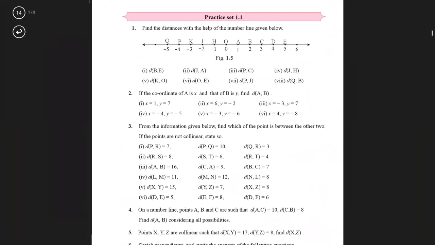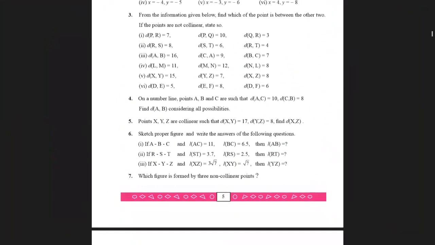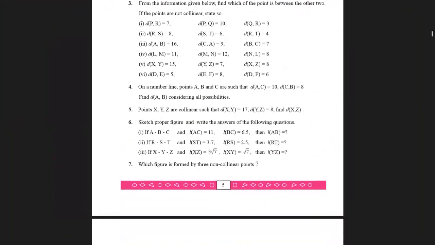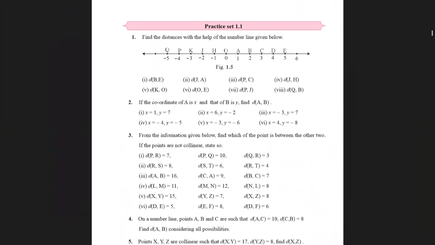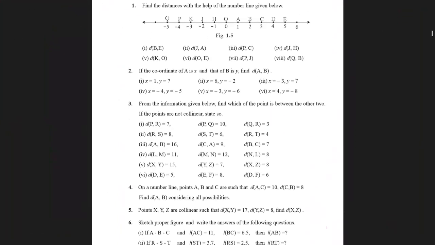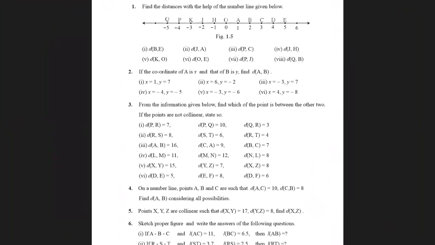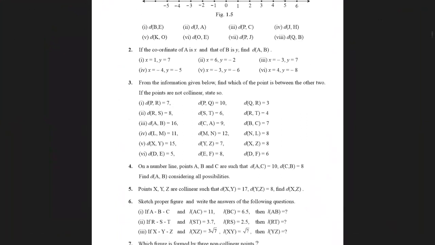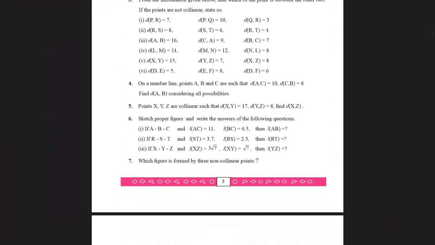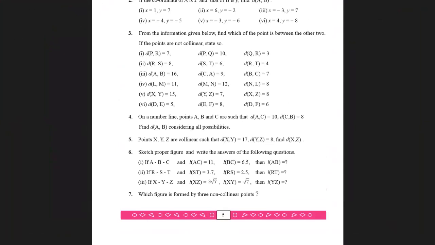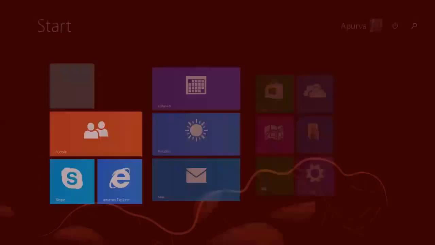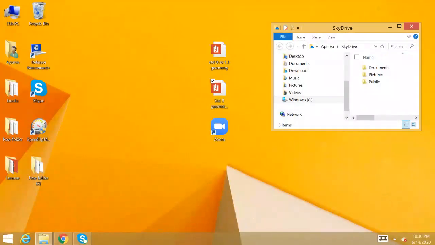So children, we have completed exercise 1.1. We have discussed all the questions in it. We covered topics regarding number line as well as betweenness. Okay. Now there are few questions which you have to solve on your own and see whether you get your answers. So that will be your homework, and understanding the whole concept and doing this exercise once again is what you need to do for your homework, children. I hope I'm clear with it.